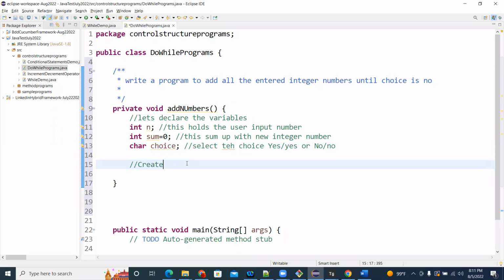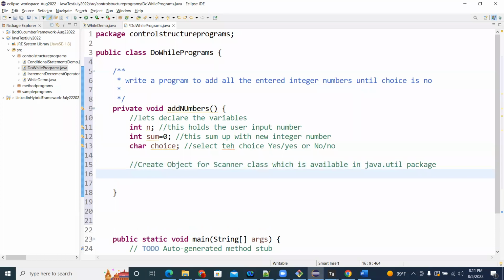So I'm going to give that value. Create object for scanner class, which is available in java.util package. Where is it available? In the util package it is available. So then,